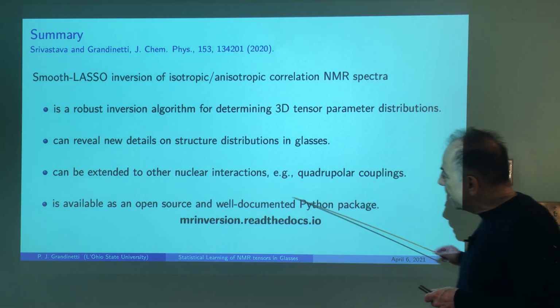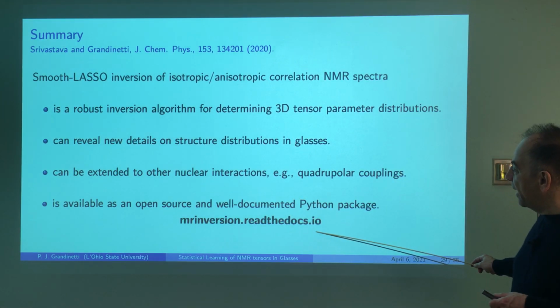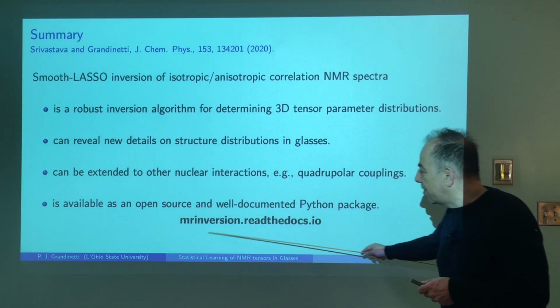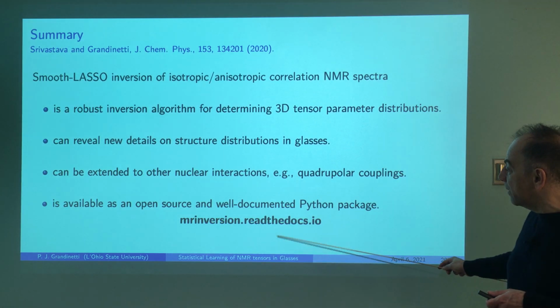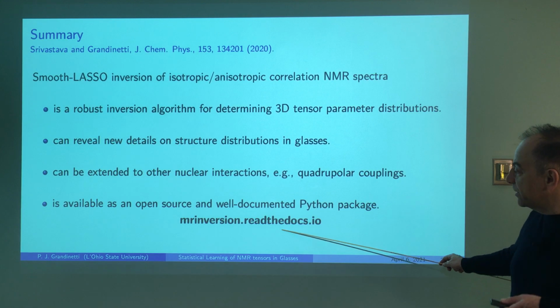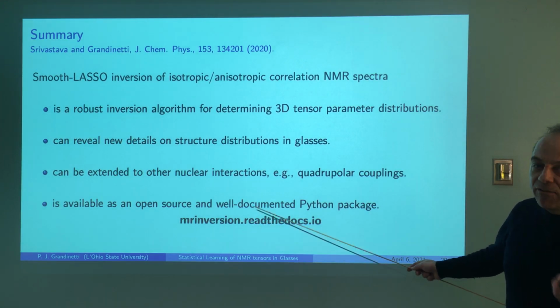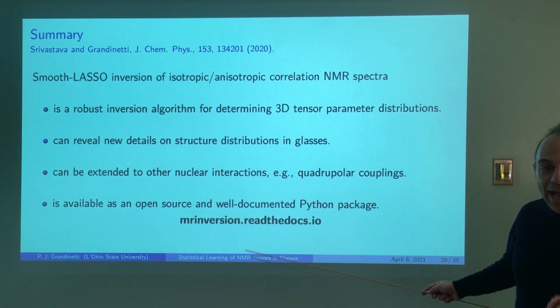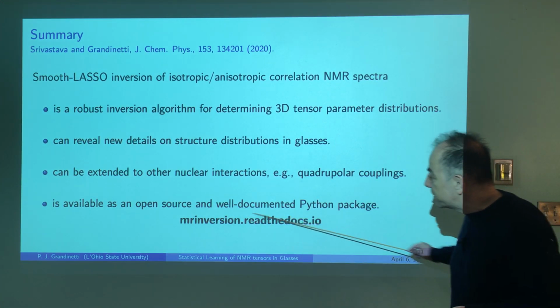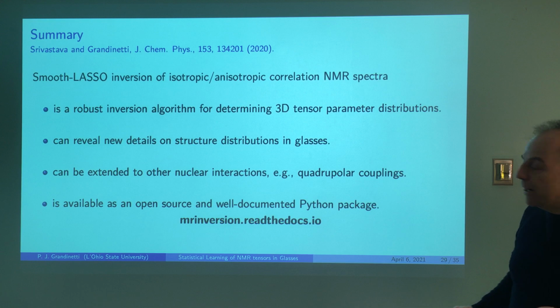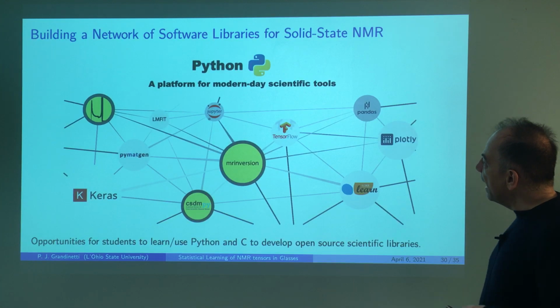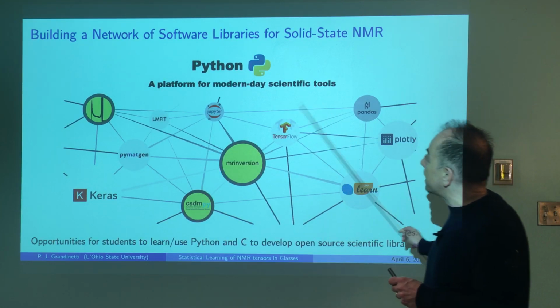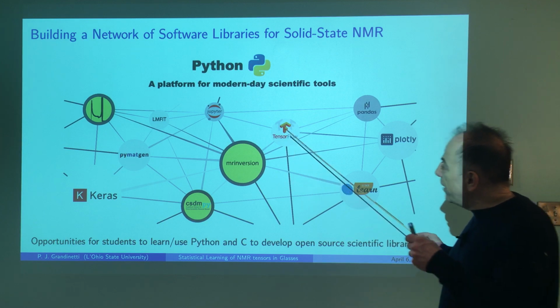And the other important thing is that we have a Python package. DuPont has put together a very well documented Python package so that you can actually do this with your own spectrum. Even if you don't have a magic angle flipping probe, which most people don't, you can do this with 2D PASS or 2D MAT, and he has code in here to invert those spectra also. And that brings me to a last couple of points I want to make, is that we've been